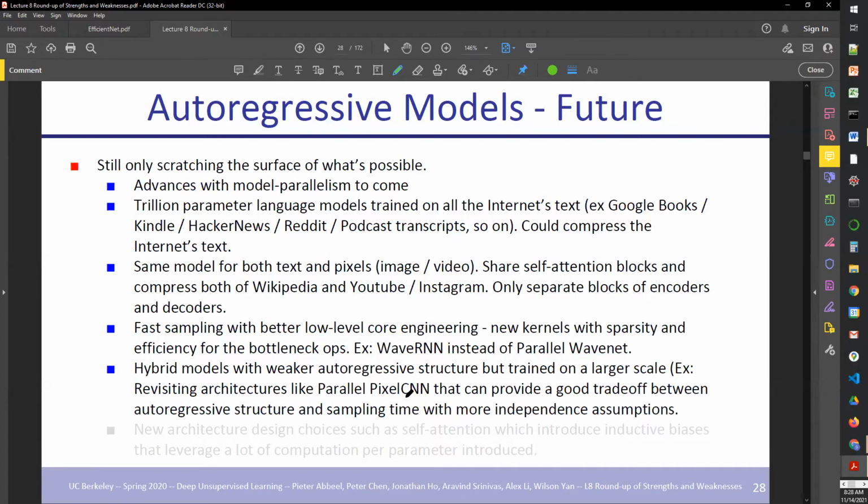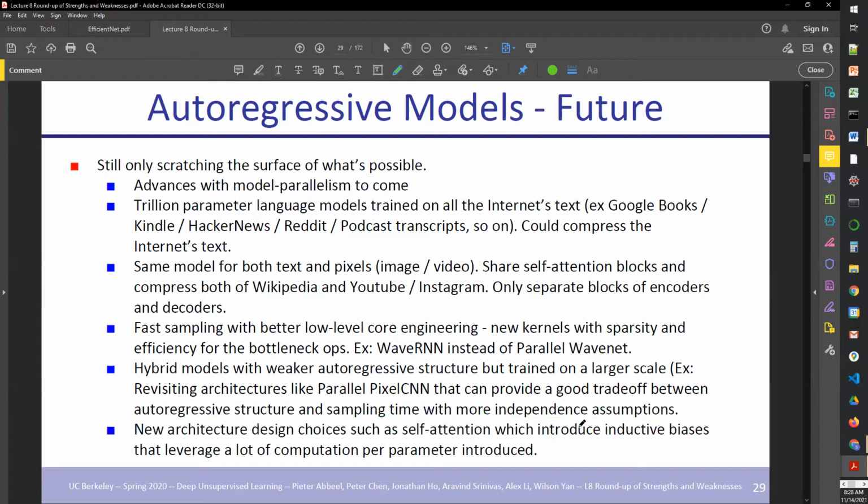So these are parallel PixelCNNs that begin to trade off some of the harsh restrictiveness of autoregressive structure, and the trade-off helps us improve our sampling time and also make some independence assumption, because the autoregressive structure comes from the fact that there's a dependency that strictly needs to be imposed for the strict autoregressive structure in the models. And then new architectures,